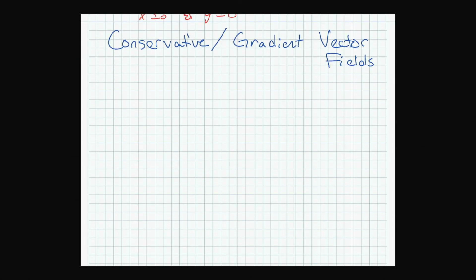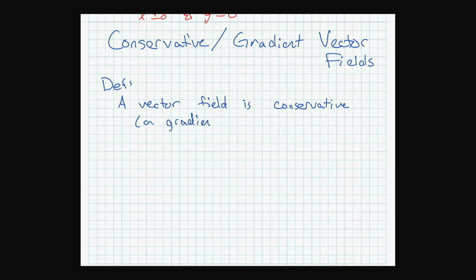So very simple. A vector field is conservative, a gradient field, as we can call it, if